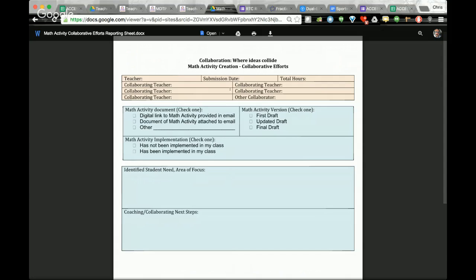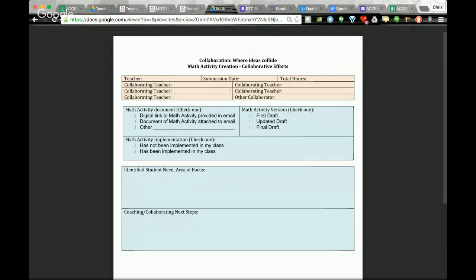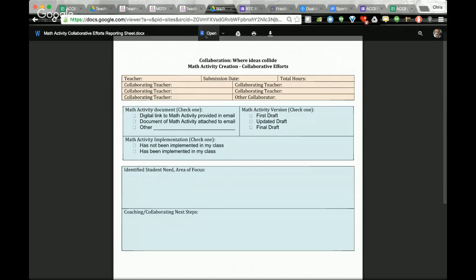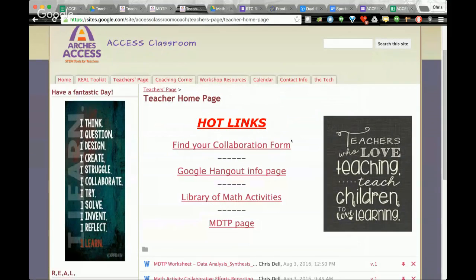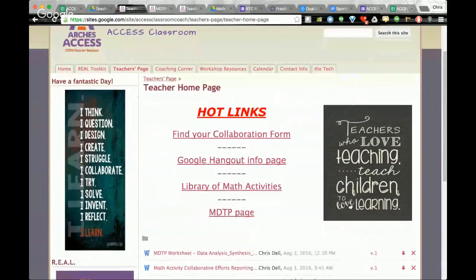So it's that idea of, we're trying to push them now to be doing this collaboration without a coach, but we still have some accountability and some ways to make sure that things are going on track to what makes sense to the work that we're doing. So that's the actual teachers' collaboration forms, and how that's going to work for them